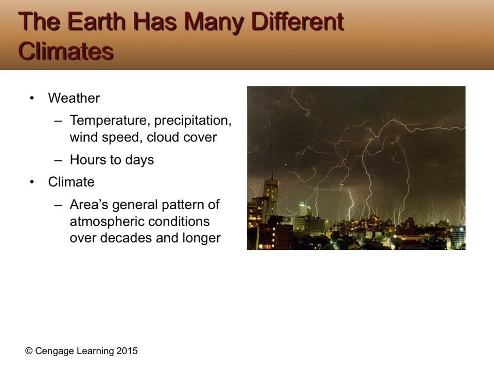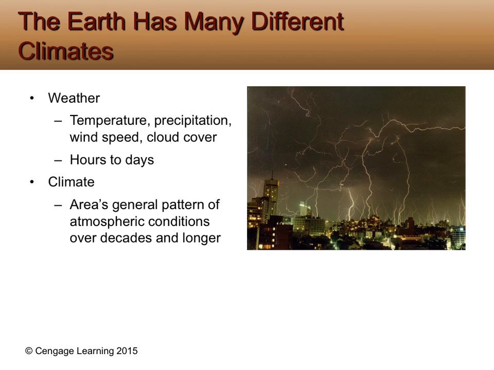All right, weather versus climate. First of all, weather. Weather is a daily occurrence. It's hours, it's days. Of course, the old saying, if you don't like where you live, particularly in our region, just wait a few hours because it's going to change. It's because our weather can change very quickly. Weather technically is temperature, precipitation, wind speed, cloud cover. It can last from hours up to days. So a storm to the right, that would be classified as a weather pattern.